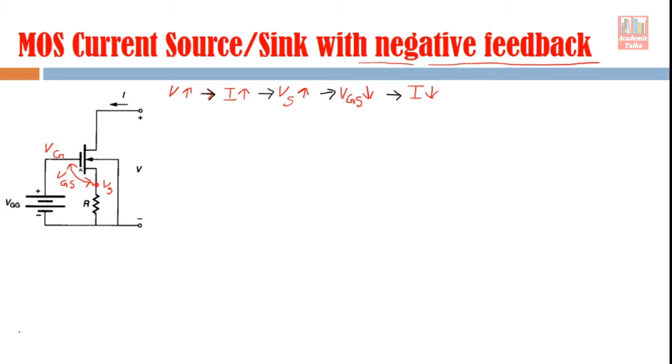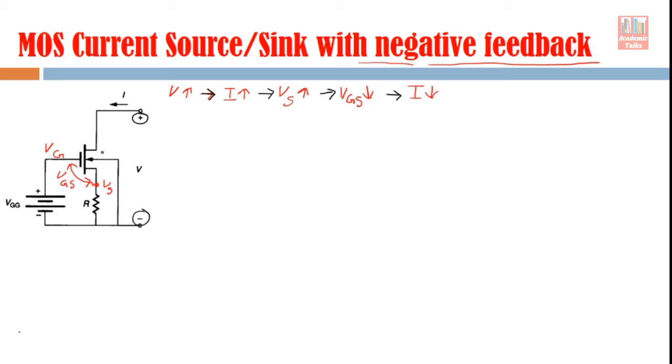When we use a single transistor, then output resistance is RDS, and now when we are inserting this resistance, our output resistance will increase, because this resistance is coming in series. So, how to find out that output resistance, that we have to see, and for that we will use the method of the small signal analysis. For that we will draw the small signal for this circuit, and then we will try to find out the total resistance between output terminal. Output terminal means this positive terminal and this negative terminal.